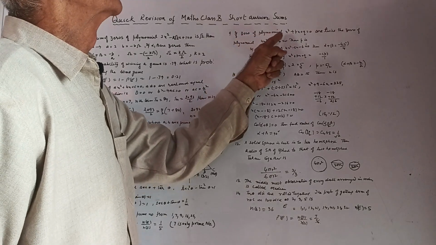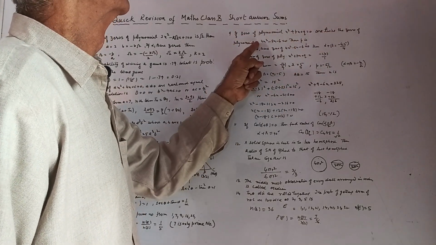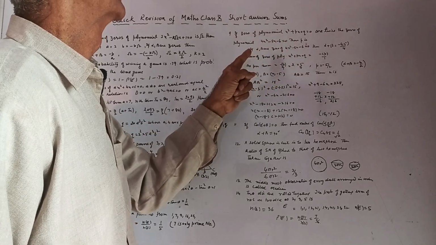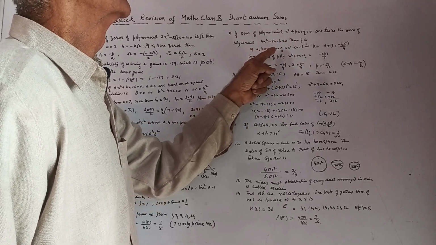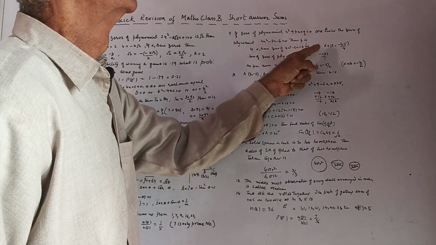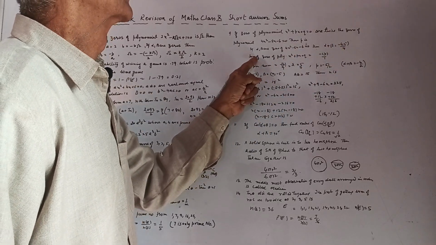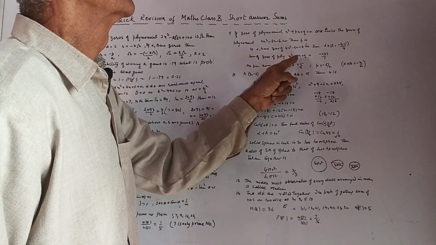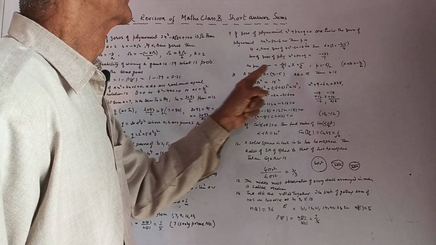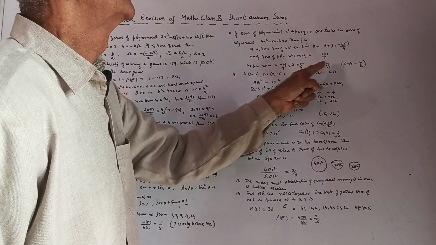If zeros of polynomial x square plus px plus q equal to 0 are twice the zeros of polynomial 4x square minus 5x minus 6 equal to 0, then p is what? If alpha and beta are the zeros of 4x square minus 5x minus 6 equal to 0, then alpha plus beta is equal to minus 5 by 4. Sum of zeros of polynomial x square plus px plus q is equal to minus p by 1. As per the sum, minus p is equal to 2 into minus 5 by 4,